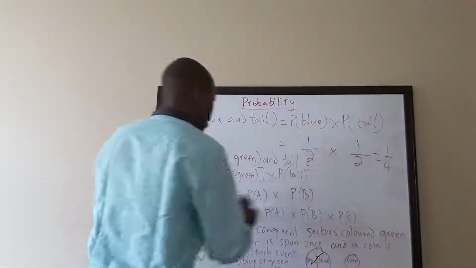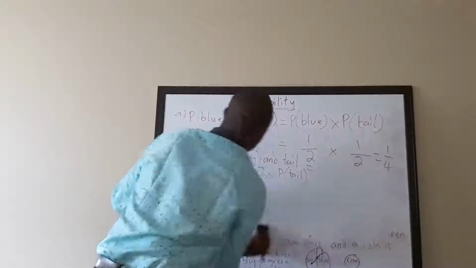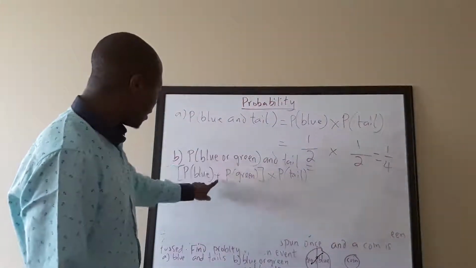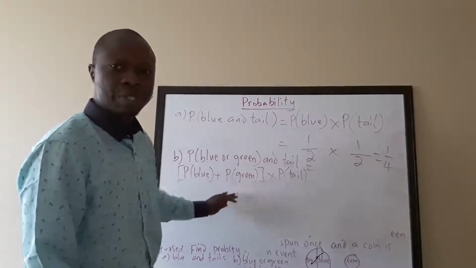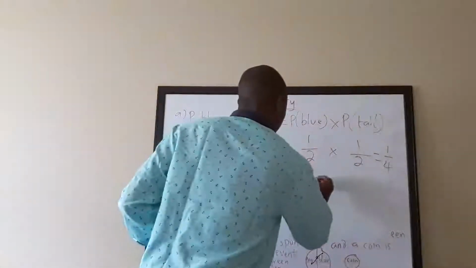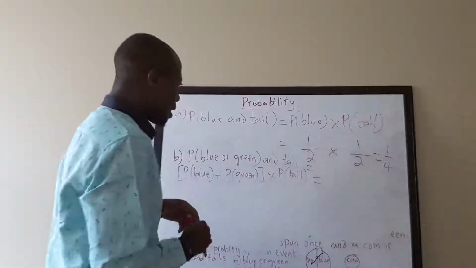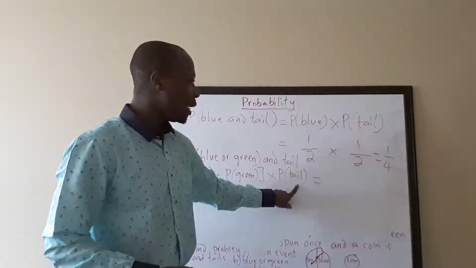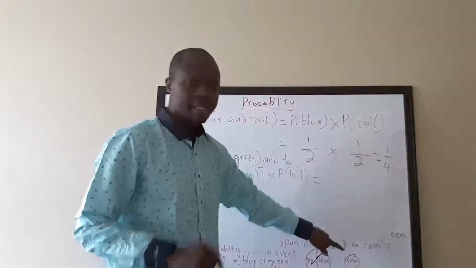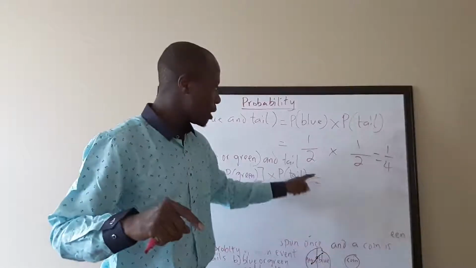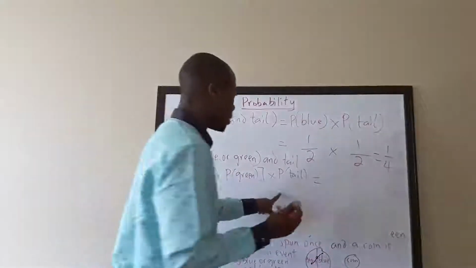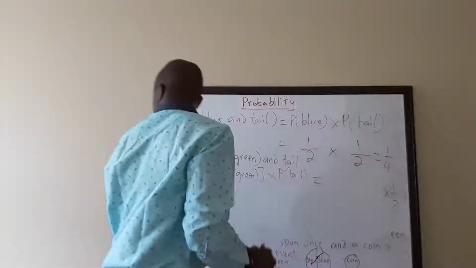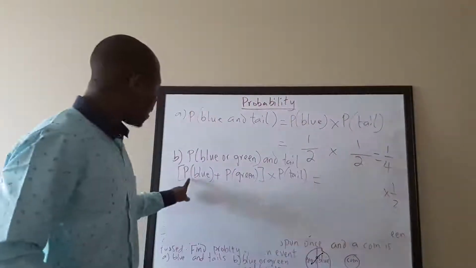Because remember, blue or green, so for "or" you have to use plus. Now I'm going to show this one in 2 different ways. So here we already say that for tail is 1 over 2, because you can either have head or tail. So just tail is 1 out of 2. So I'm going to say 1 over 2 times. And then probability of blue